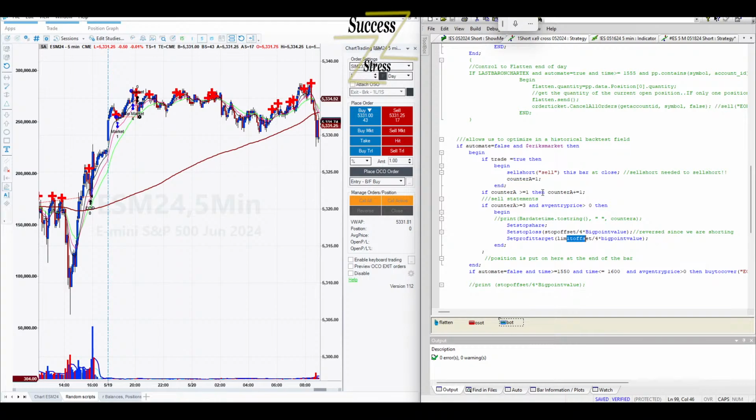Greater than or equal to 3, and average entry price is greater than 0.